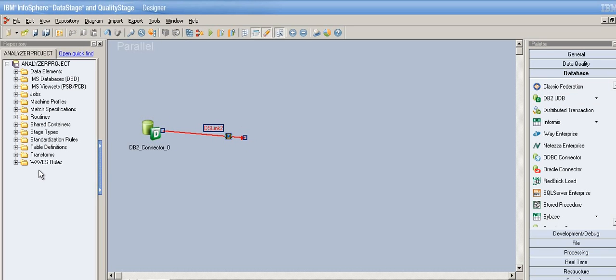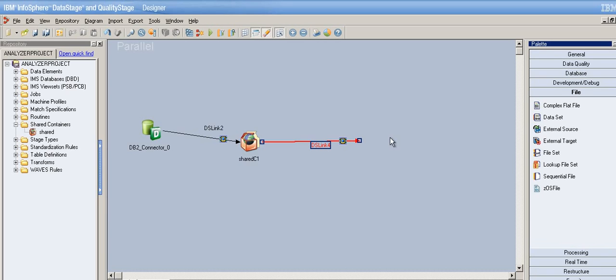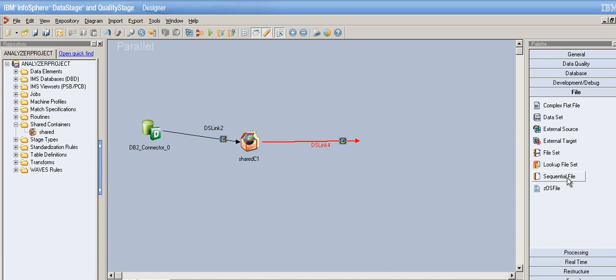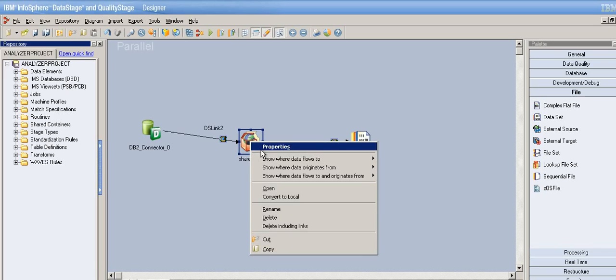So, the database, whatever that is, and now I want to put some container. Just click on this and drag and drop the container. That's it. You can still have any number of output links and do whatever logic we want after the container stage. Okay, so let's just put a data set stage. So this is how I can use shared containers in other jobs in the same project. If you just open it,